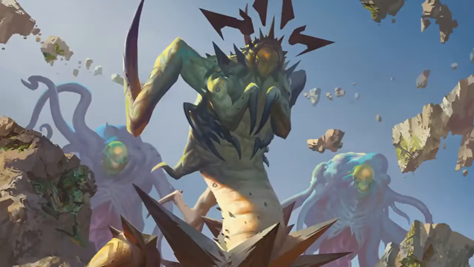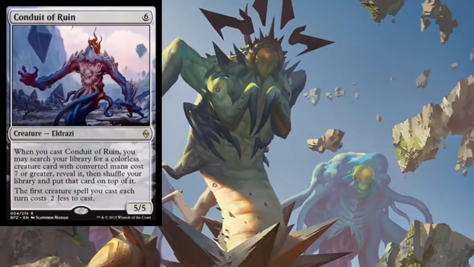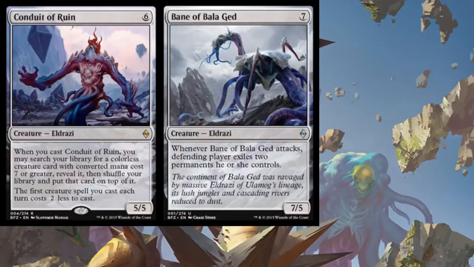We've got a lot of huge dudes. We can just swing for damage. It totally works too, but when you do get the combo off, it is definitely a thing of beauty, and it's really cool. So let me go to the graphic for that, which I love saying. Here we're playing 2 copies of Conduit of Ruin, 2 copies of Bane of Balaguet, and 2 copies of Deceiver